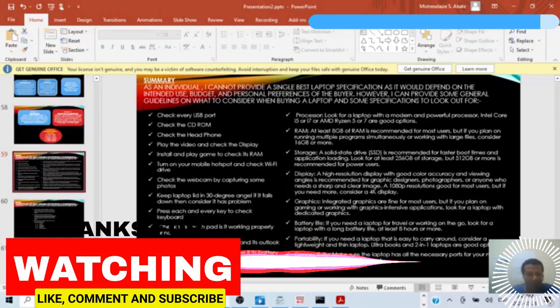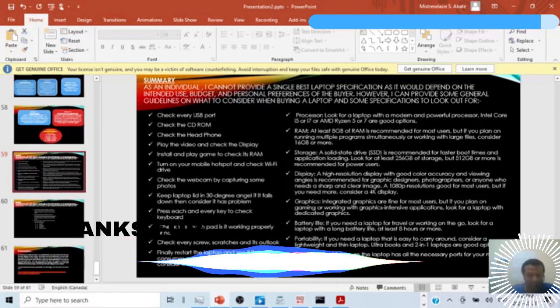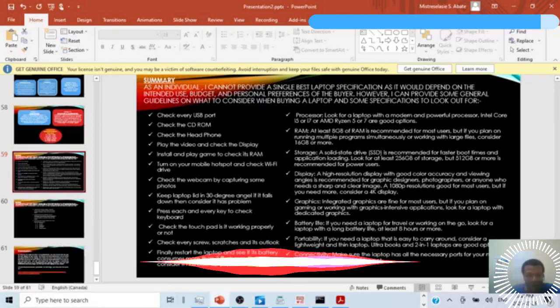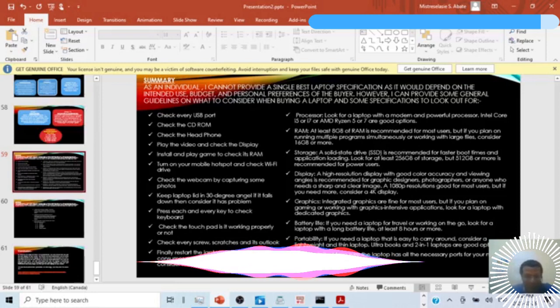If it falls down, there is a problem. Press each and every key, check the touchpad, is it working properly or not, and check every screw, scratch and everything on the outside. Finally, restart the laptop and see if the battery consumes more than 3% charge,